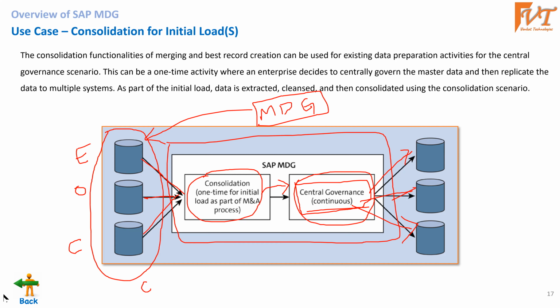So for that, we have a feature called replication in SAP MDG. Using that, they replicate ECC master data to the ECC system, Oracle master data to the Oracle system, and CRM master data to the CRM system, but only from the single source, MDG. That is the strongest feature here. How it happens, we will discuss in more detail in the further sessions. That is very important for you to understand how it works.